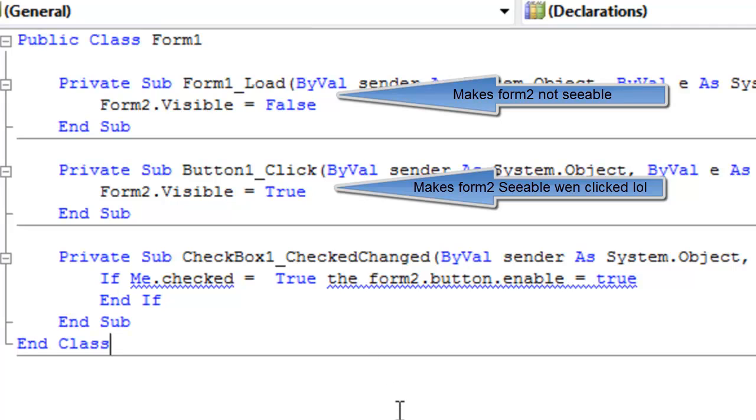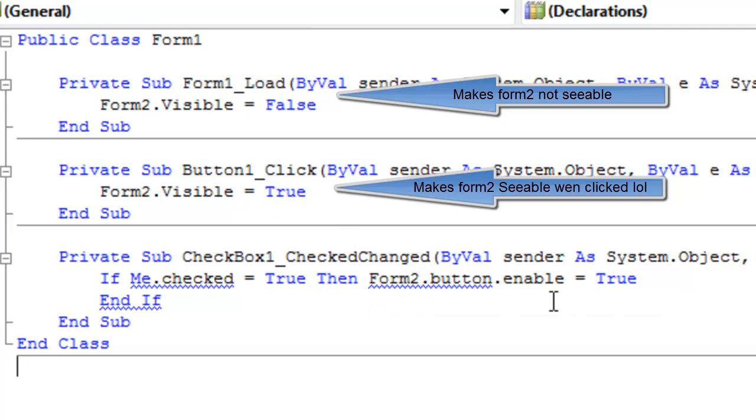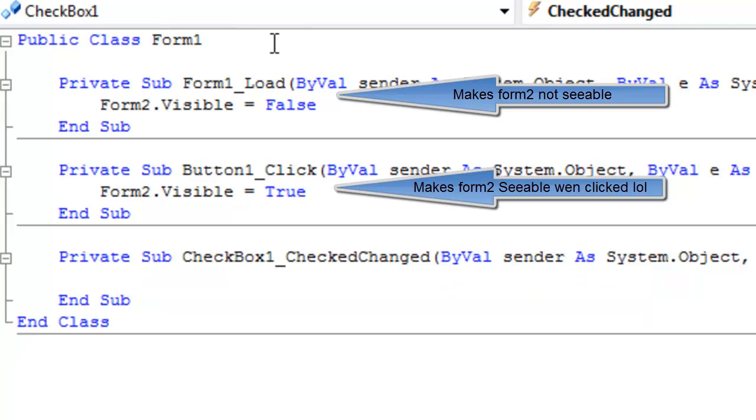It goes true then. Oh, well, let's type in then, not the. Okay, and we still have an error. Button 2 of the form, button is not a member. Oops. Okay. Well, now that we've officially figured out that there is a problem with it,